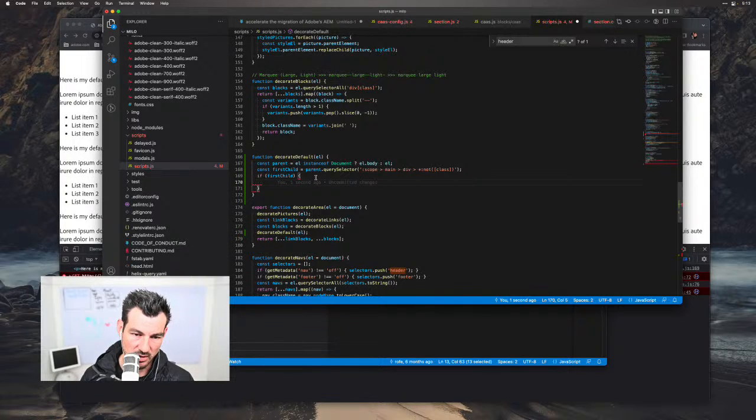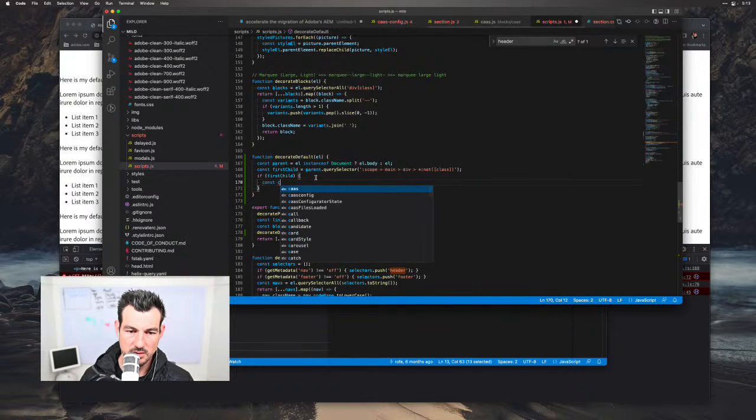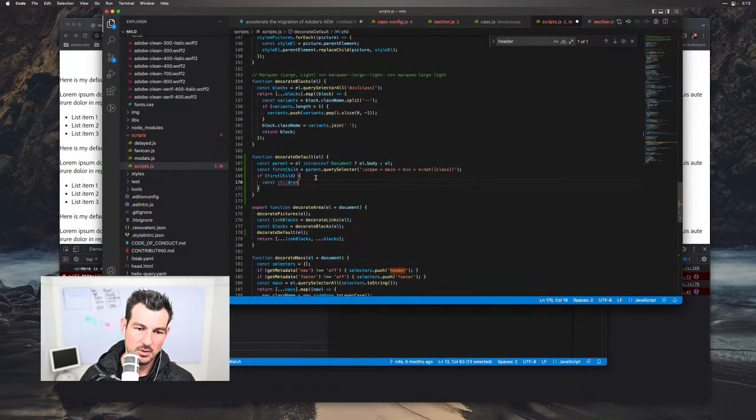This gets into some gnarly CSS stuff. So we would say const children. Wonder how we would do this. Well, let's just do